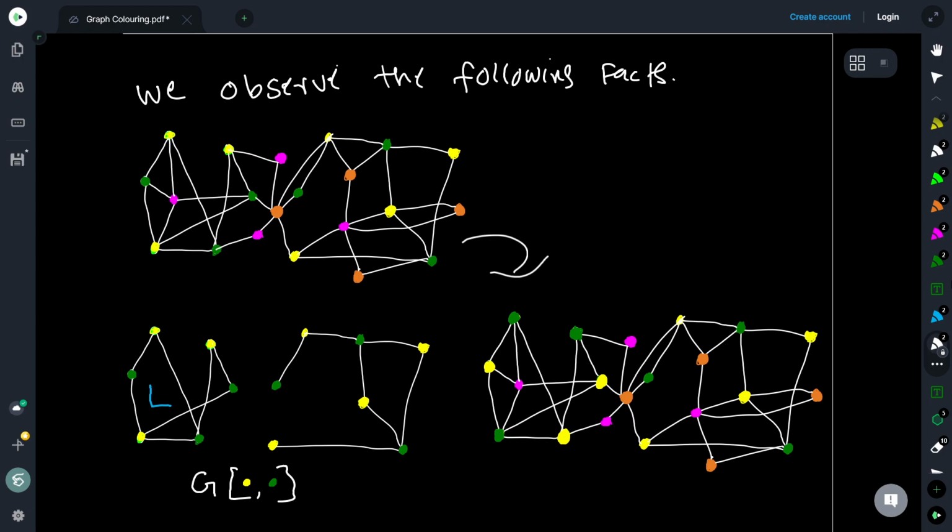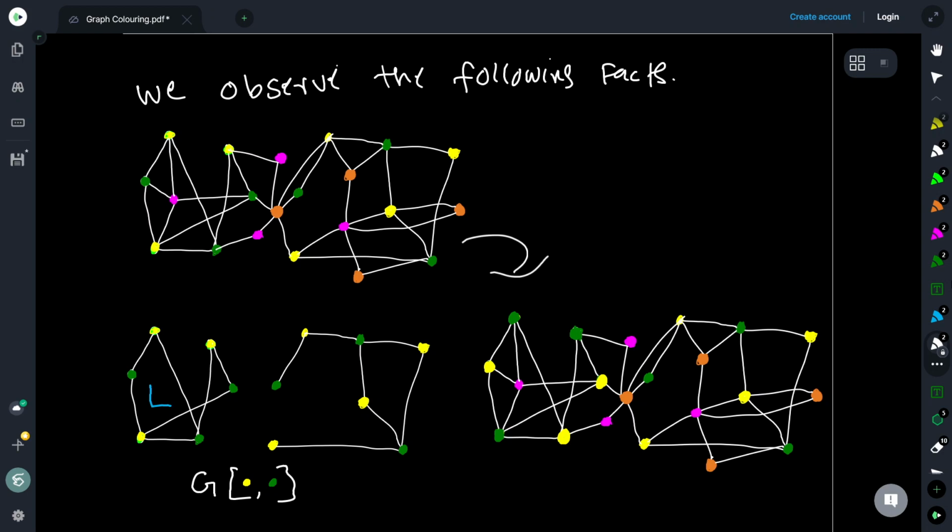Now the thing is that after doing this, I will still get a proper coloring, and I have not used any extra colors. Right? Why is that? Because if you look at this L, and I'm switching the colors, because this is an entire component, there is not going to be an edge from this to any of the colors, which is green or yellow in the remaining graph. And here I am just renaming the colors, so therefore this is proper, and that's also proper. And that is the basic idea.